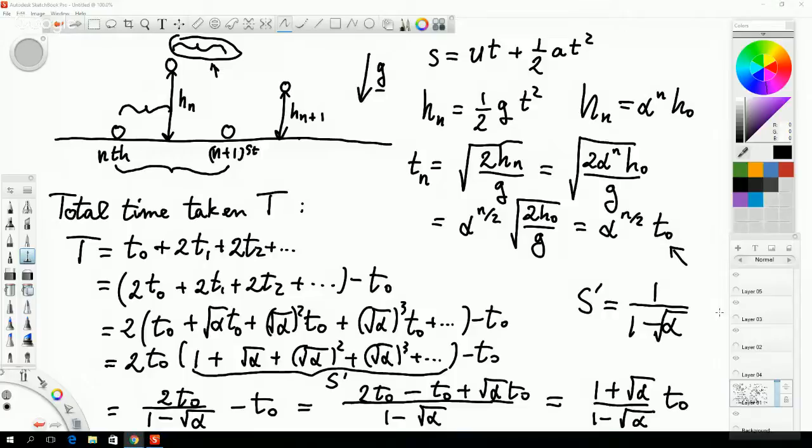However, there's an infinite number of bounces in this time. So it's a bit of a strange thing to occur in real life, and luckily you don't need to get too worried about this because, as we discussed already, this cannot quite happen in real life. We're going to stop after a certain number of bounces because of all these issues about the material not being able to compress and extend quite fast enough, and also some resistances we might have. Okay, so